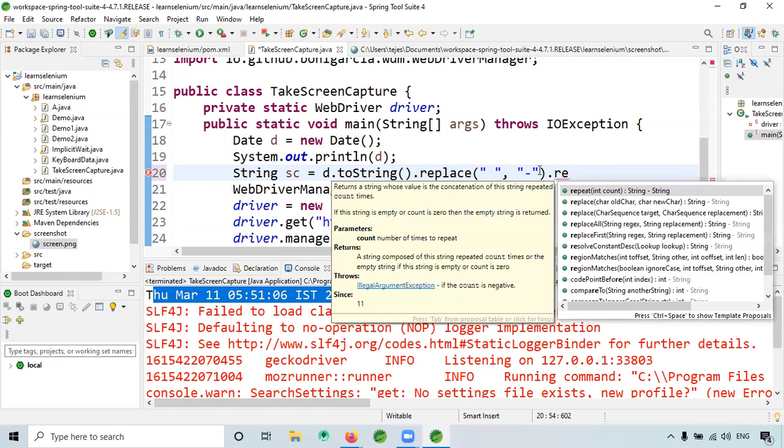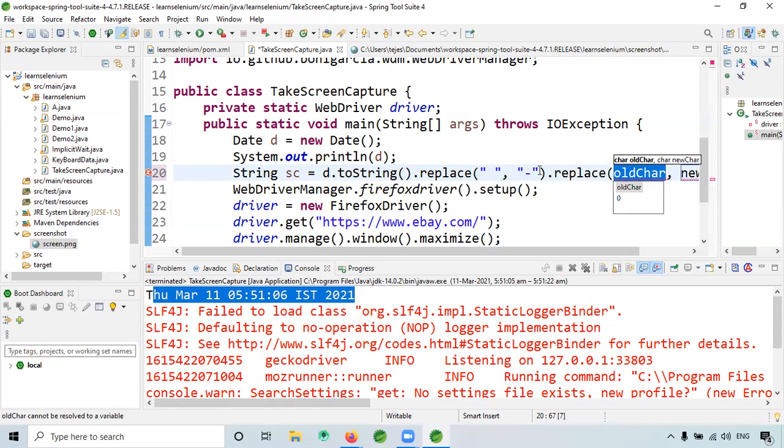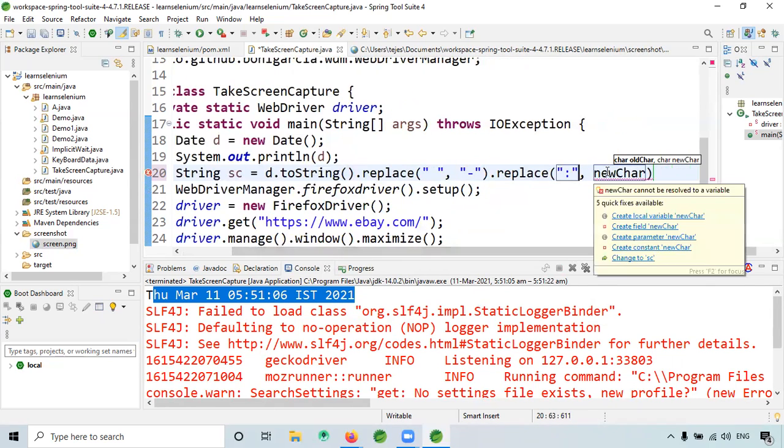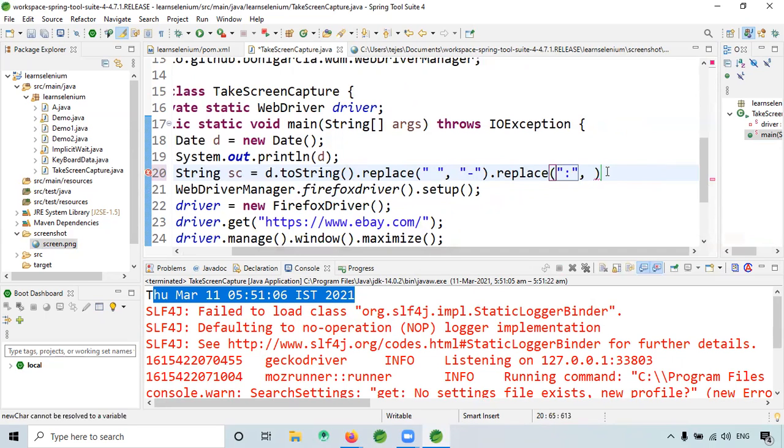Then dot replace again: wherever we have the colon, it has to be replaced with the hyphen only. Like this. That's all. This is the code.